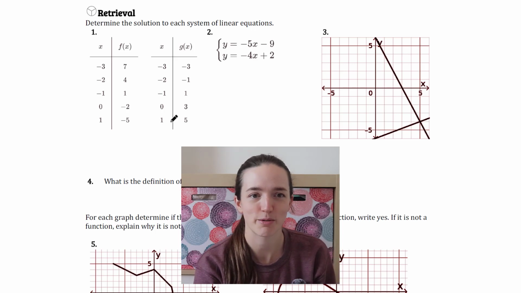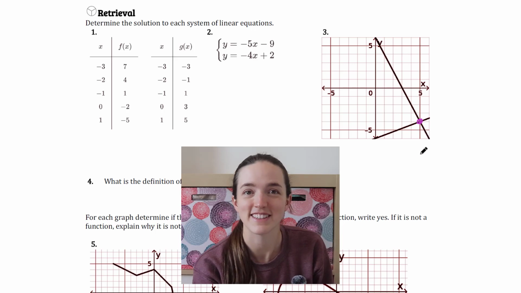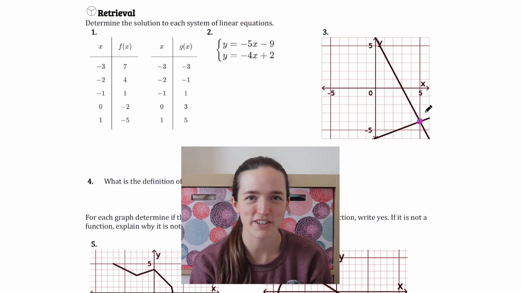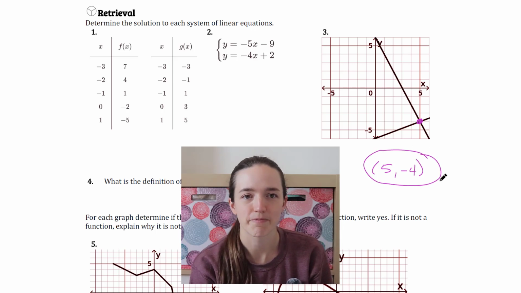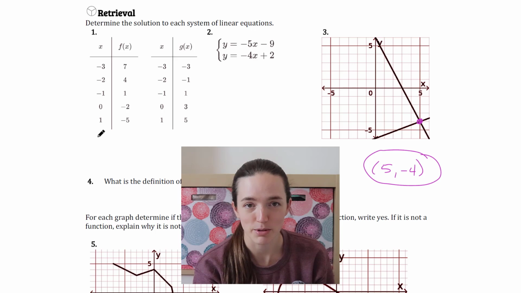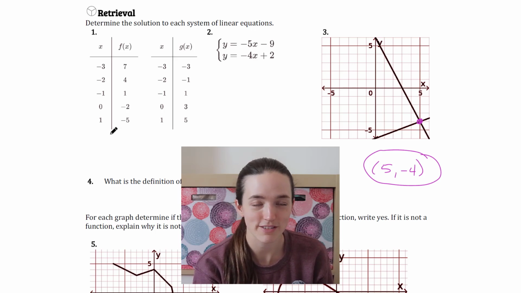So I'm actually going to start with the easiest one because I can just see the solution right here. When you're graphing two lines, the solution to the system is the point where they intersect. So this one looks like it's (5, -4). Okay, pretty easy. I guess we could have started with the table too, because it's also not too challenging, but